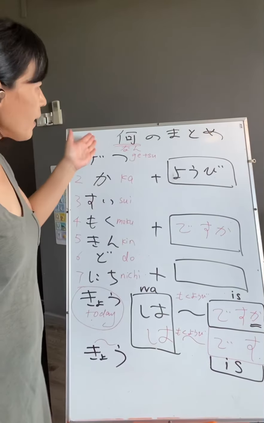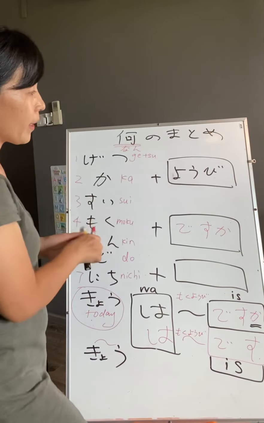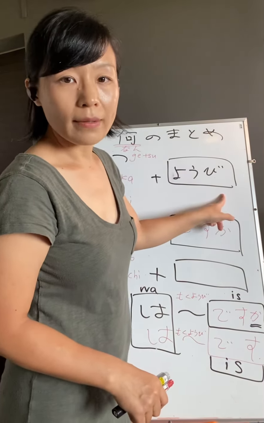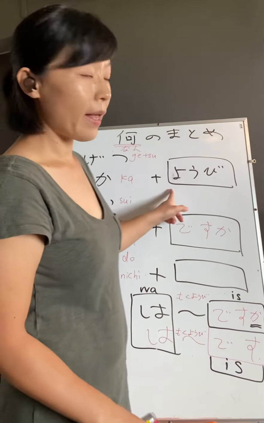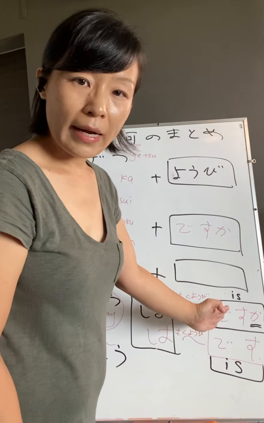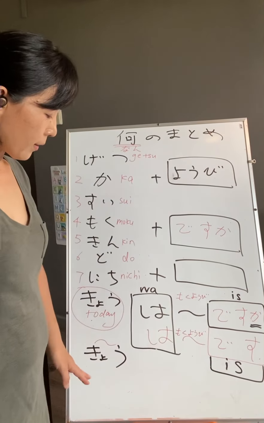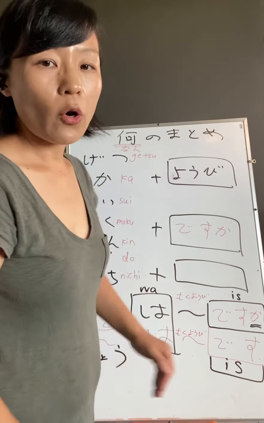はい、何のまとめね。Today's topic is 曜日, day of the week. いいですか? Day of the week. 今日は木曜日ですか? はい。木曜日です。Or you can say はい、今日は木曜日です。